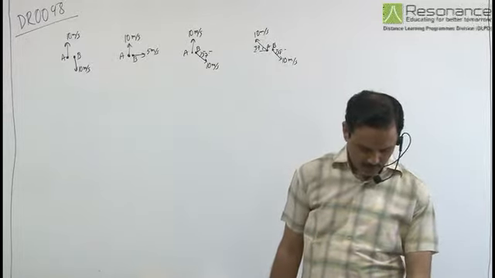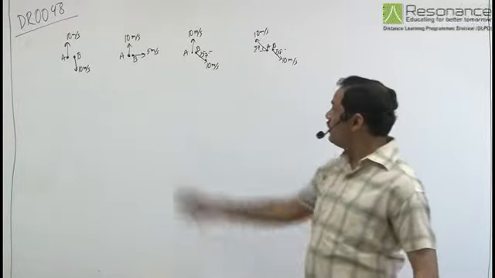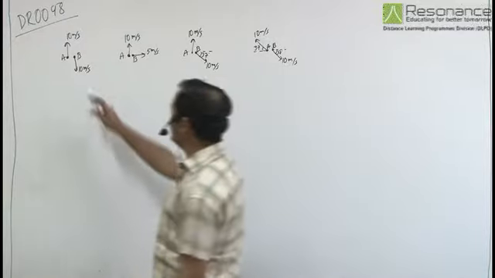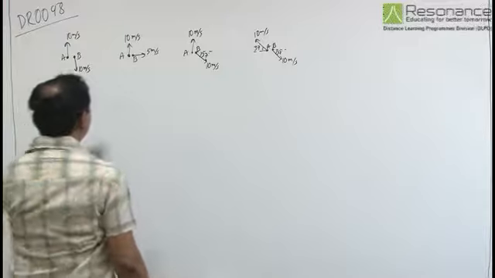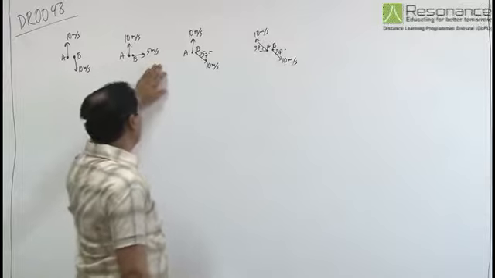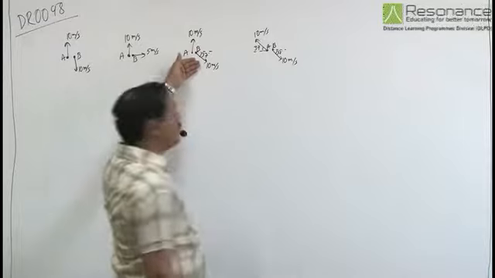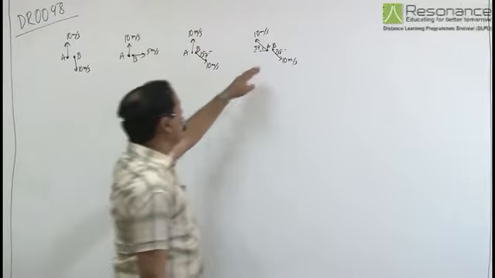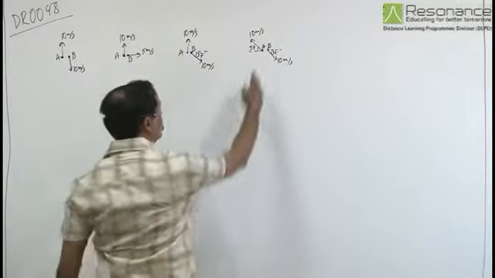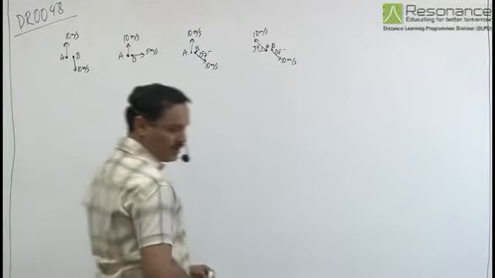In this column matching, two balls A and B are thrown simultaneously, as shown in four different options, from a very high tower. In the first option, A is thrown upward, B vertically downward. In the second option, A is thrown vertically upward, B is thrown horizontally rightward. In C, A is again upward, B makes an angle of 37 degrees with the horizontal, and in the fourth option, A and B both make 37 degrees with the horizontal, but A in the upward direction, B in the downward direction. So there are the four situations.